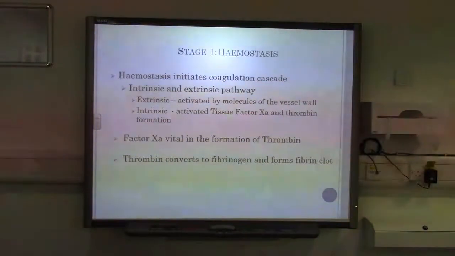What's important within the extrinsic and the intrinsic, and what merges those 2 together, is something called factor 10A, and factor 10A is vital in the healing process. It's also known as a prothrombin activator, so it transforms prothrombin to thrombin, and thrombin is vital to turn fibrinogen into fibrin, which forms a mesh at the wound site. This helps the platelets aggregate and form that clot at the wound site. As well as this,